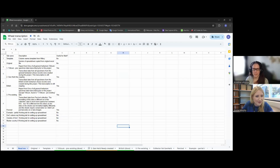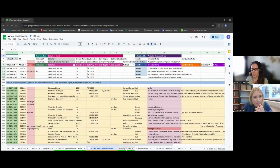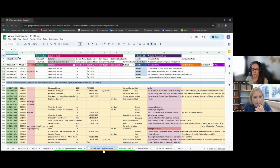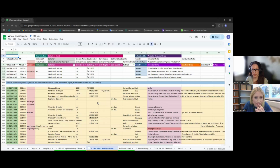Yep. So you can see that we have a README with a little bit of guidance for it, and we also have specific tabs. The project was broken down into smaller sections, so like the British is separate. I'm also highlighting in colors: orange if I'm working on it, or no color if I'm still working on it. And you can see, I think the best one is this one,